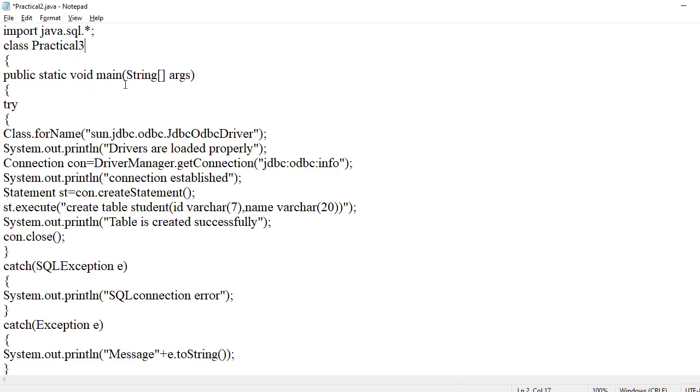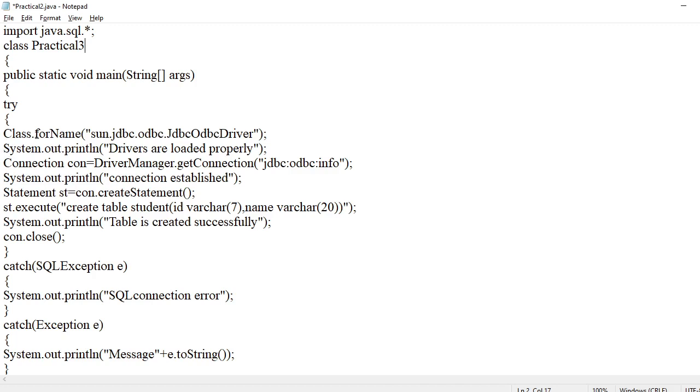Public static void main(String[] args) is the main method of your class, which helps to start execution of your program. In the JDBC basic programming, it includes the main steps. The first step is creation of DSN. We have already created the DSN as info. Then, the second step, after completion of creating the DSN, is to register and load the driver.